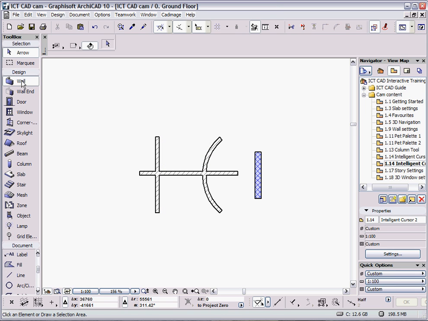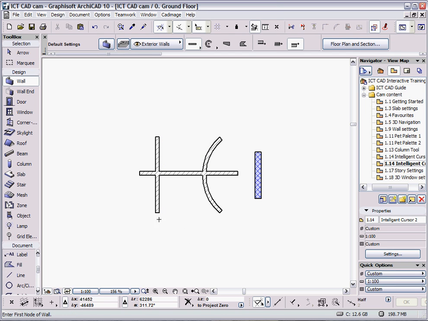If I was to actually draw a fresh piece of wall, now that I'm actually on a drawing tool, instead of having a plain black arrow, I've got just a plain cross. And if I give the mouse a click, that then changes to pencil. Pencil is typical, the typical icon you see when you're actually drawing elements. And if I move around, again there's various symbols with the pencil. This white tip with no colour in the top of it means it's in a free space, not actually going